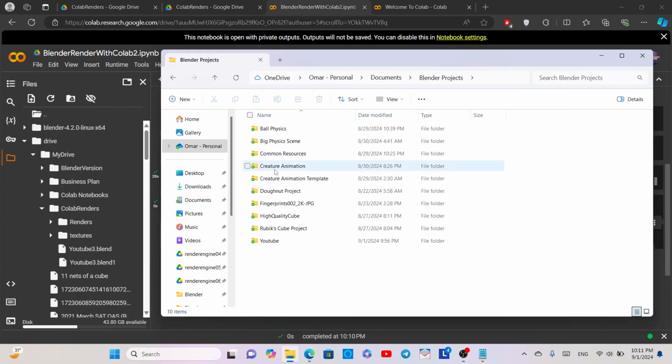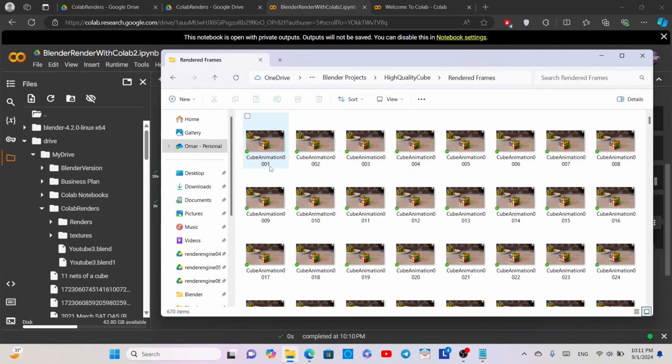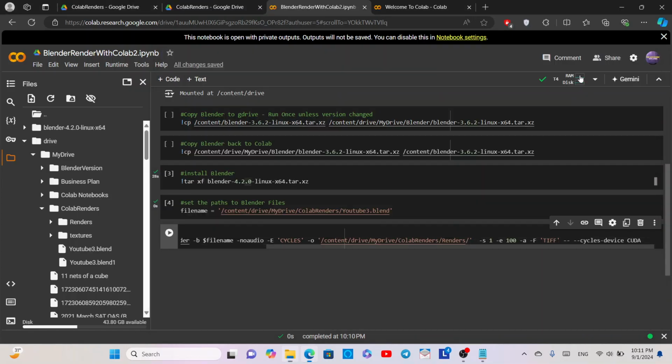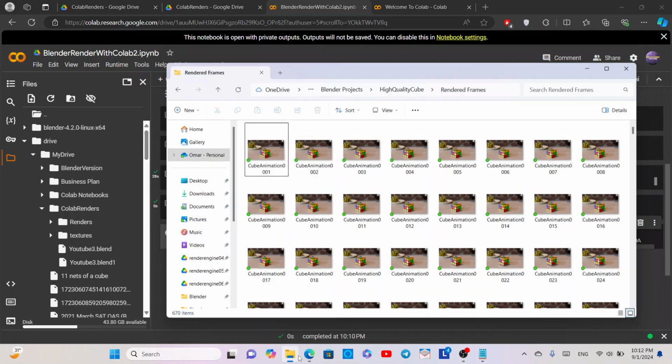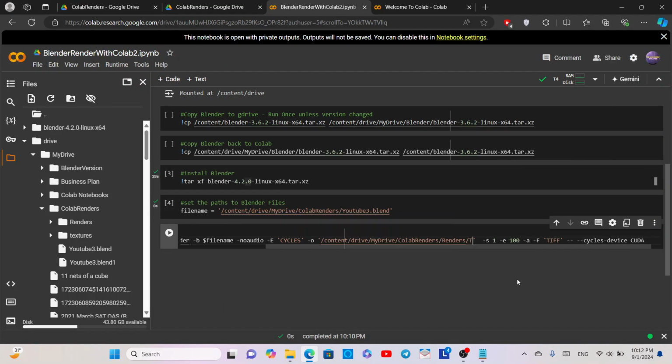So, for example, let's go to this project, rendered frames. It's going to be something like this, cube animation, and then a number beside it denoting the frame number. Yeah, this name before the frame number is the name you want to write over here after the renders word. Make sure that you have a / and then type the name that you want your frames to be. Okay, so I'm going to here type test render,